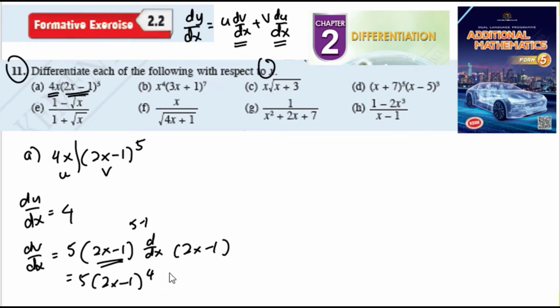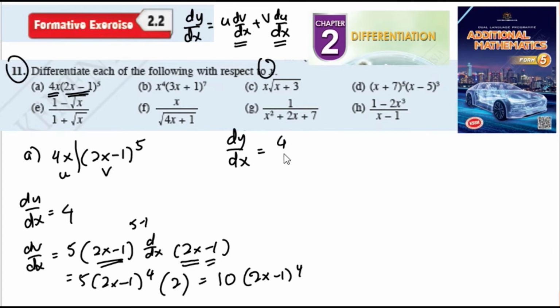So 5(2x minus 1) to the power of 4. When you differentiate inside, differentiate 2x, you get 2. Differentiate negative 1, you get 0. So you only have 2. So this one is 10(2x minus 1) to the power of 4. So we see here dy over dx is equal to u, which is 4x, times dv over dx, so dv over dx is 10 times